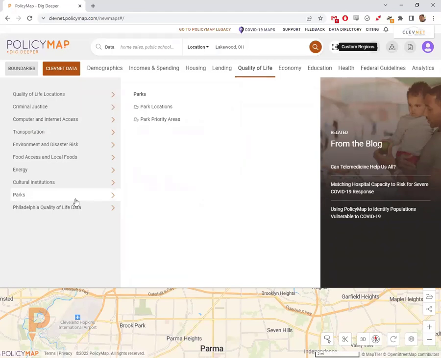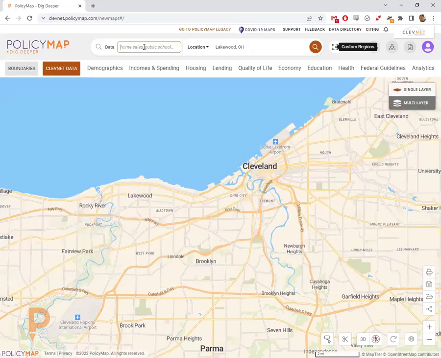So just to give you an idea of where you can find some of these data based on these categories. If you don't want to dig through the categories themselves, there's a lot of data to interact with. You can always use the other search on the other side of the bar. So understand that the location search is going to zoom the map to the place that you're working in, whereas the data search allows you to say, we're looking at, let's find people that,